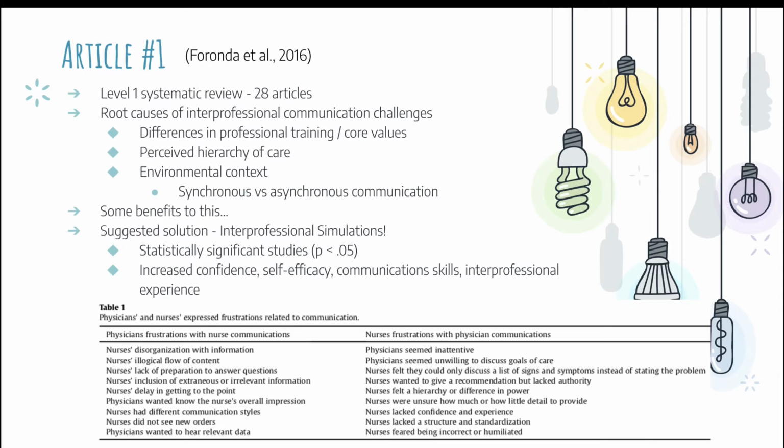So, our first article was a level one systematic review, and this article really looked at the root causes of interprofessional communication challenges. We broke it down into 3 main categories. The first is the differences in professional training or values, and the article focused on nurses and physicians. They talked about how nurses are trained to be very descriptive and holistic, whereas physicians are trained to be very succinct in their communication. And so this would cause physicians to feel that nurses were providing a disorganized or illogical flow of information, or too much extraneous information, whereas nurses felt that physicians were inattentive or not willing to discuss goals